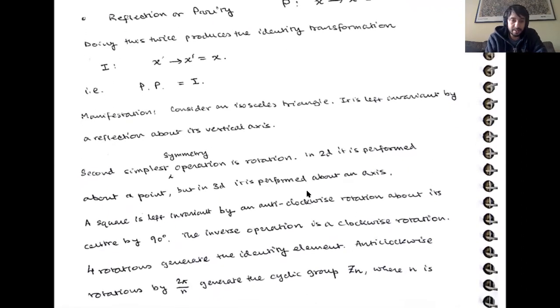I write here that the second simplest symmetry operation is a rotation. If you're in 2 dimensions, it's performed about a point, but if you're in 3 dimensions, it's performed about an axis. Here we are speaking about reflection, and rotations which are finite, by looking at finite angles. Okay, so for example,